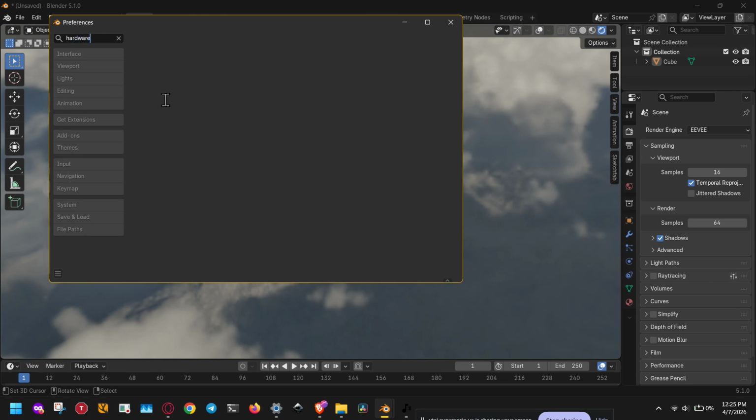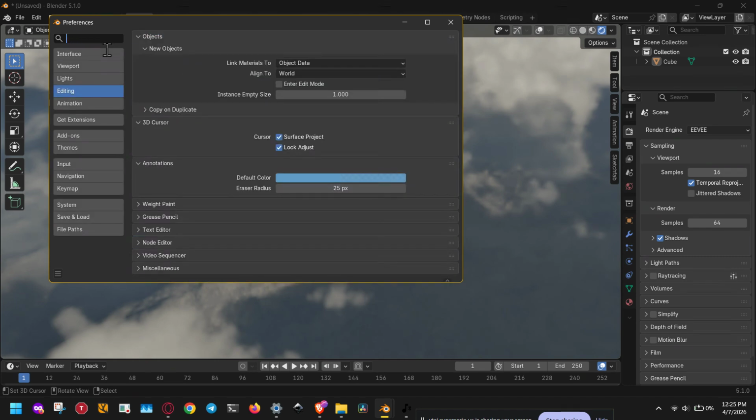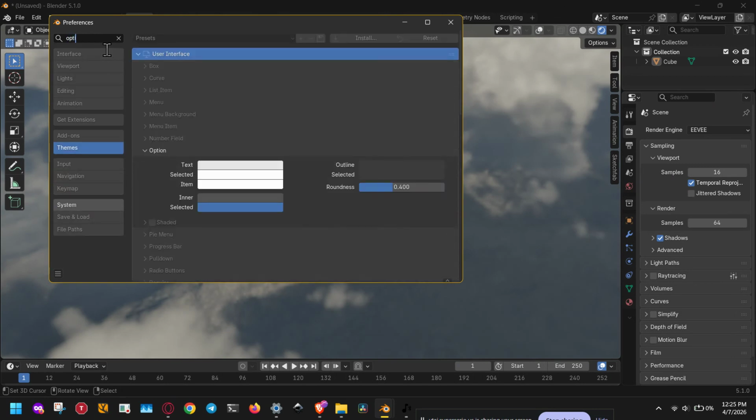Next, enable the hardware acceleration option that matches your graphics card. If you have an NVIDIA GPU, check OptiX. If you're using an AMD card, check HIP. This lets Blender use your GPU more efficiently during rendering, which can help speed things up while also reducing instability